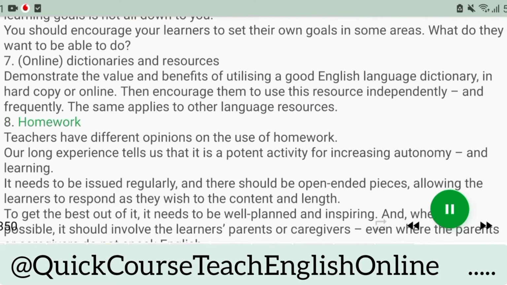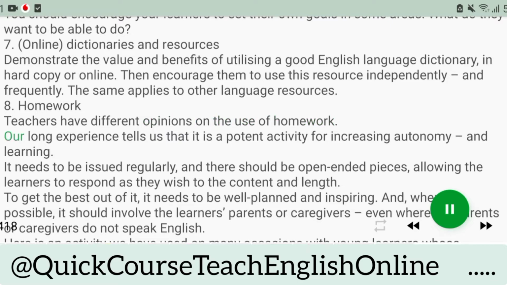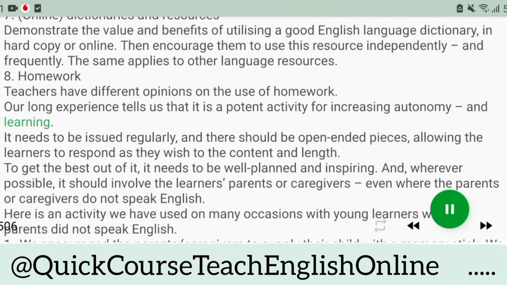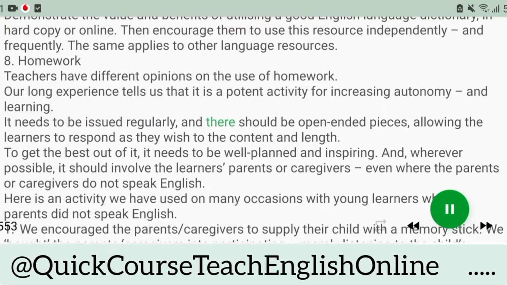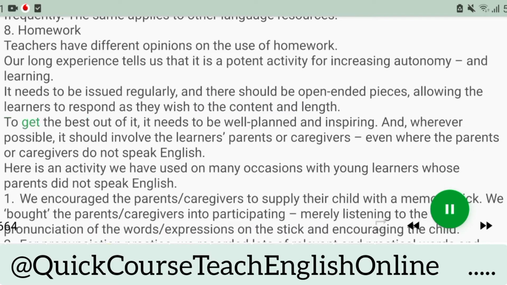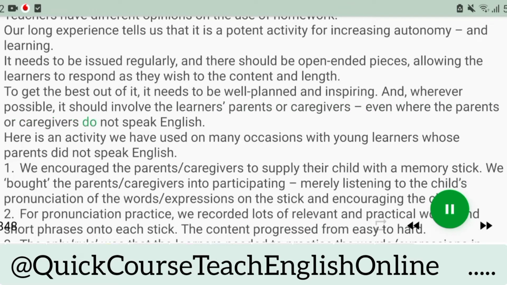8. Homework. Teachers have different opinions on the use of homework. Our long experience tells us that it is a potent activity for increasing autonomy and learning. It needs to be issued regularly, and there should be open-ended pieces, allowing the learners to respond as they wish to the content and length. To get the best out of it, it needs to be well planned and inspiring. And, wherever possible, it should involve the learner's parents or caregivers, even where the parents or caregivers do not speak